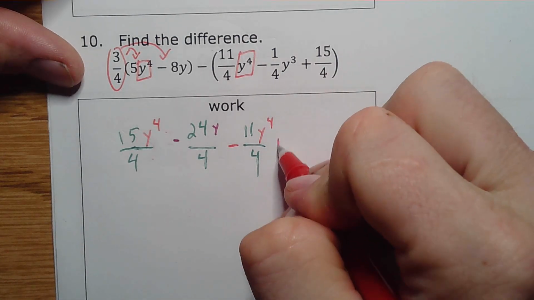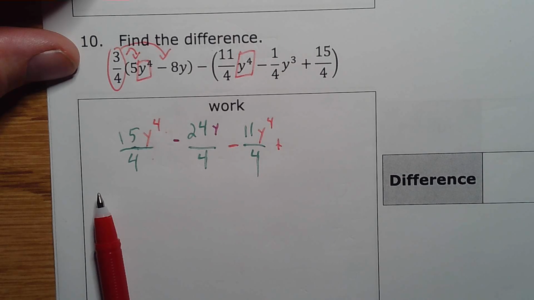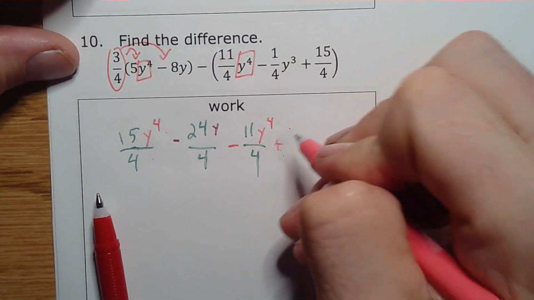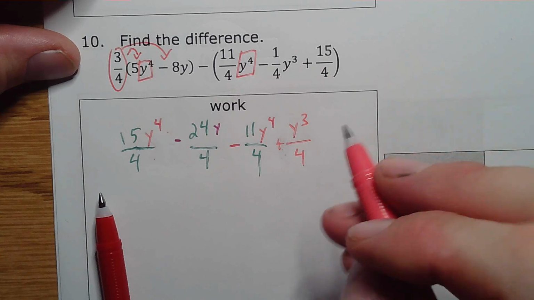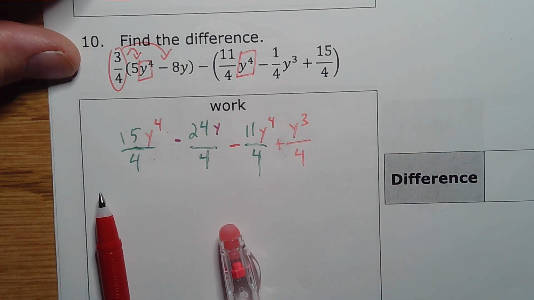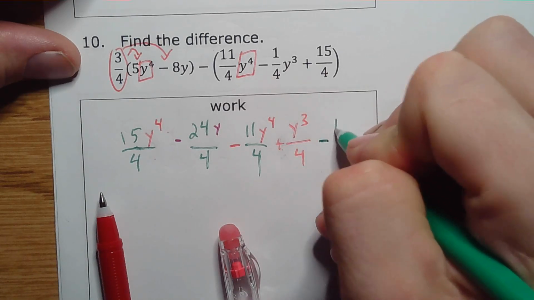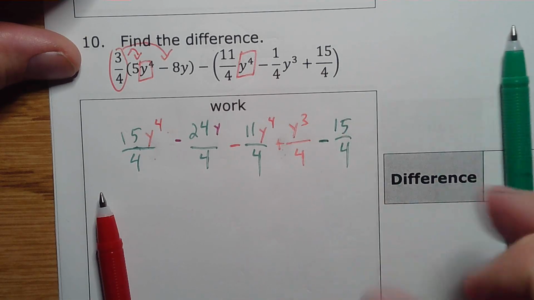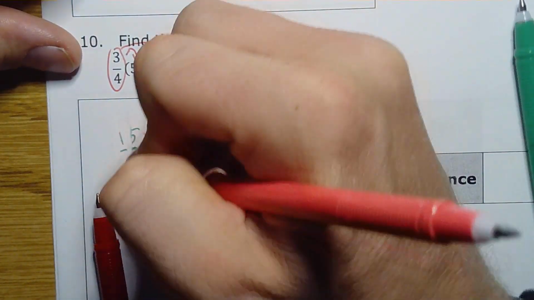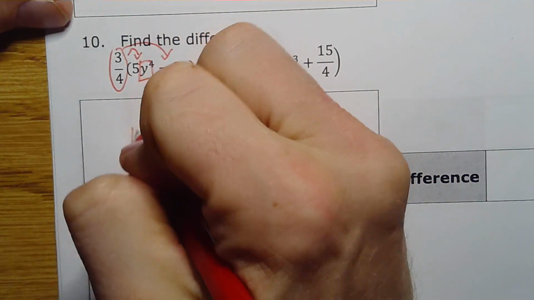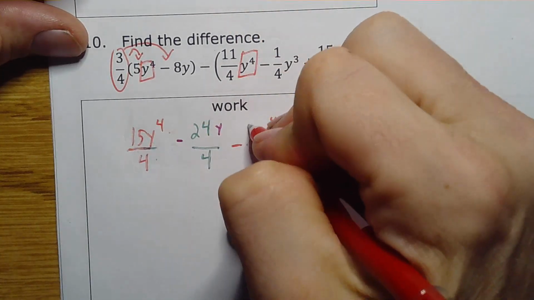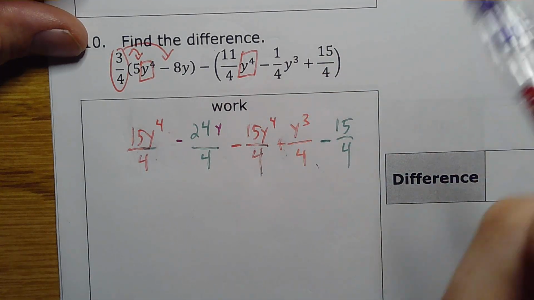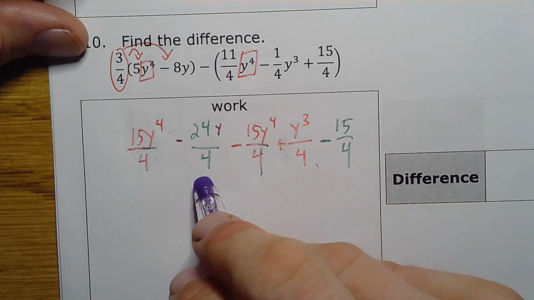Okay, plus y to the 3rd. That's a new color. We'll make this one pink. Plus y to the 3rd over 4, because 1 times y to the 3rd is just y to the 3rd, and then we have to swap that to regular old constants, 15/4. All right, so this is going to turn into just red, because this term is my y to the 4th term, and this is a y to the 4th term. Okay, and then this is a pink, y to the 3rd term, and then this is a burgundy,